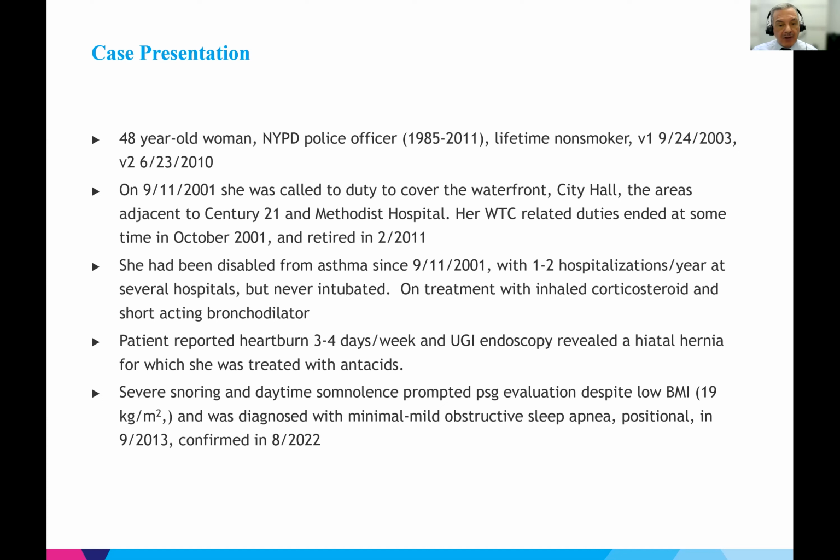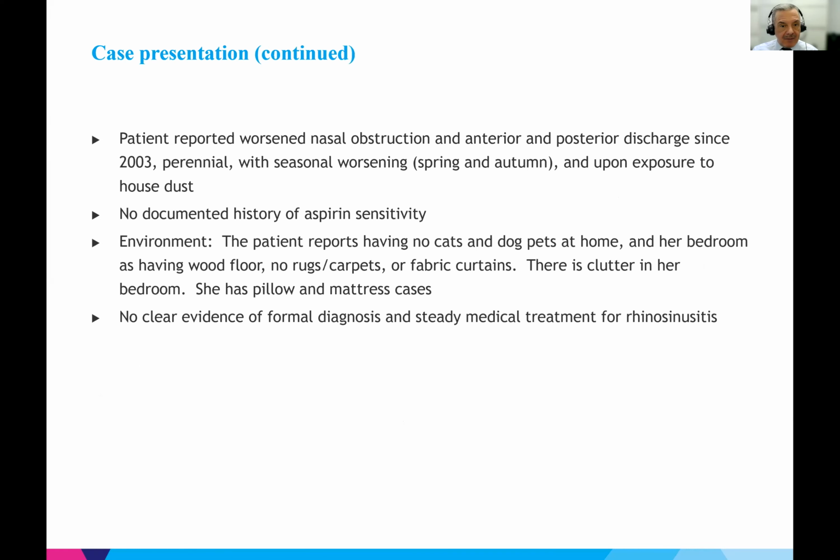And she had a polysomnogram that, despite her low BMI, which you can see there, exceptional for the World Trade Center population, she was diagnosed with minimal to mild obstructive sleep apnea, mostly positional, and that was reconfirmed more recently in 22. Next. But going back to her rhinosinusitis, she reported that she had pre-existing disease, but she had experienced